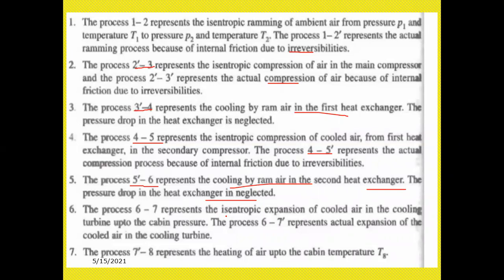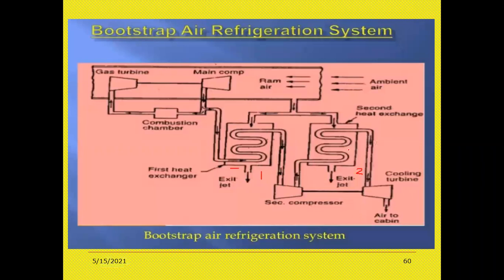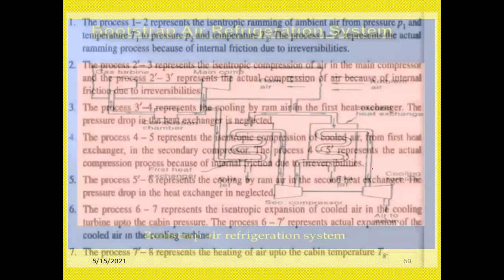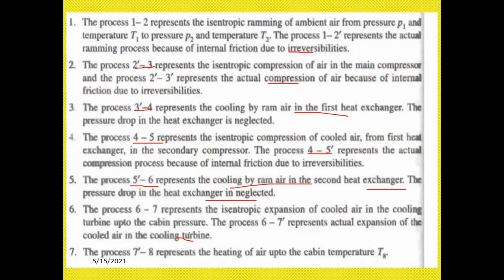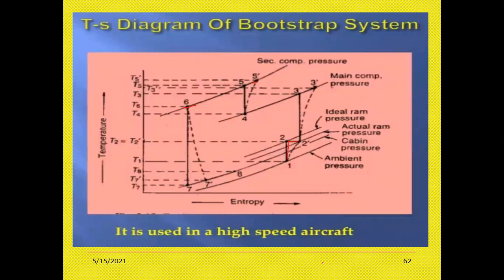The 6-7 dash represents the actual expansion of the cooled air in the cooling turbine, right? So here it is showing this one. Cool air from the heat exchanger to the cooling turbine is showing 6 and 7, right? Process 7 represents the heating of air up to the cabin temperature T8. So this is a